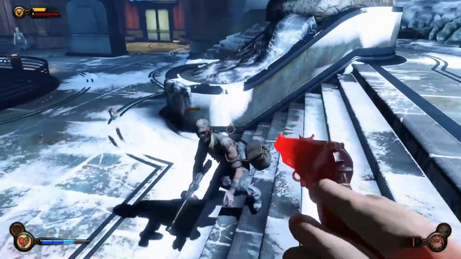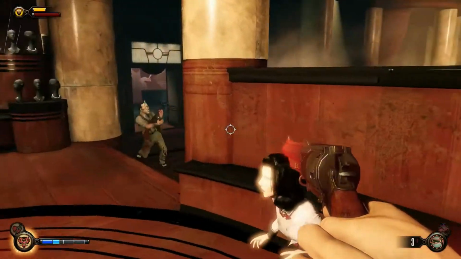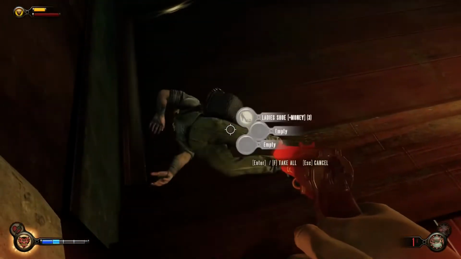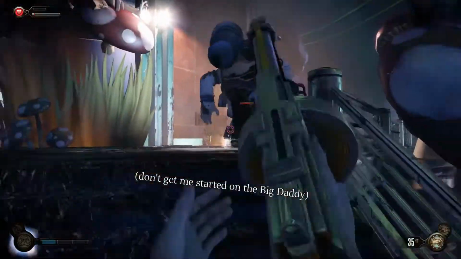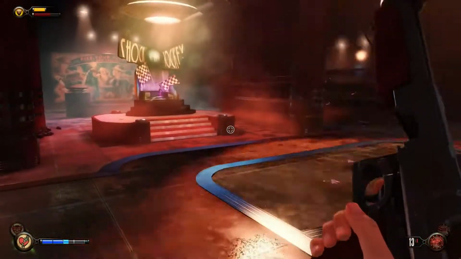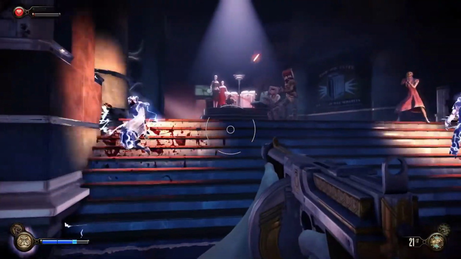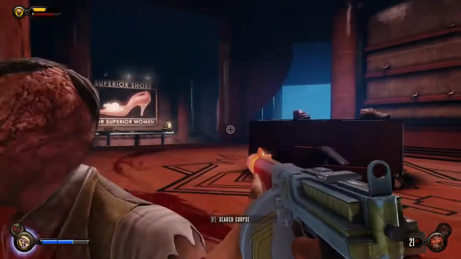That reminds me, I got a little confused in my first few fights because of the gameplay similarities. I immediately shot every splicer in the area as if I was playing through the main story of Bioshock Infinite. Don't get me started on the Big Daddy. Burial at Sea is more difficult compared to Infinite, with bullets being harder to come by. Enemies hit way harder too, so I ended up using a more stealthy and careful approach that also saved me